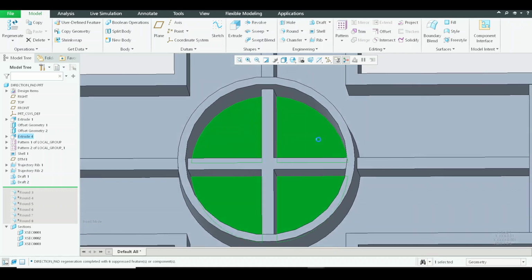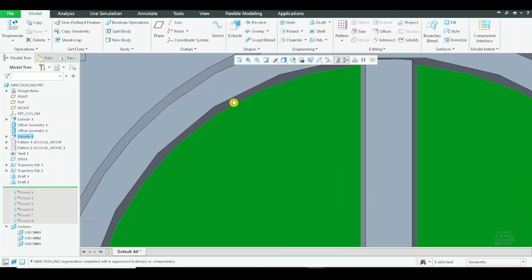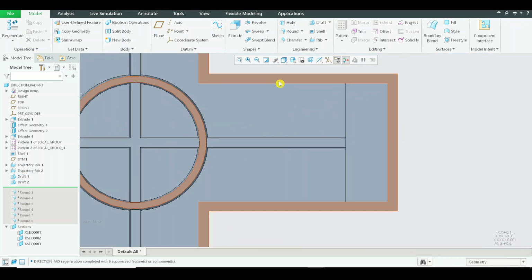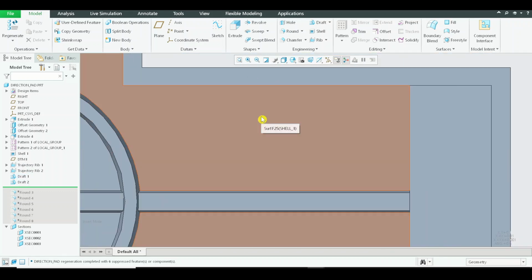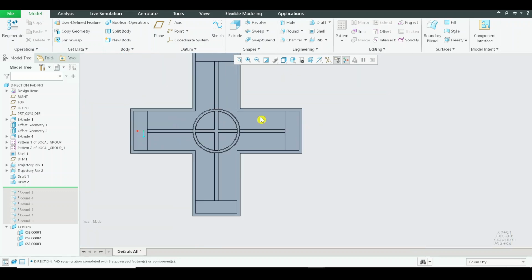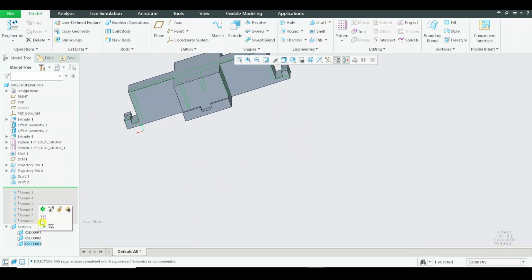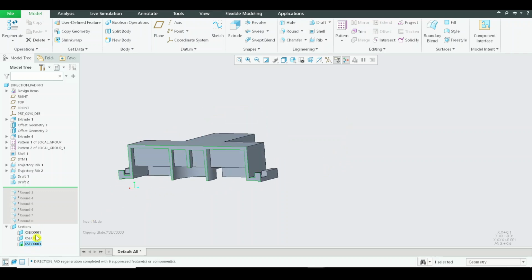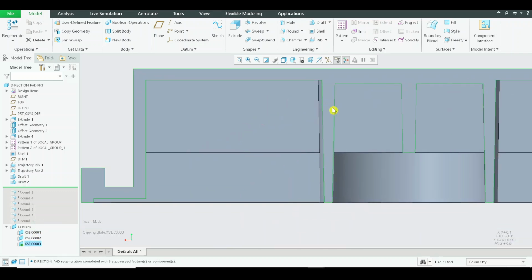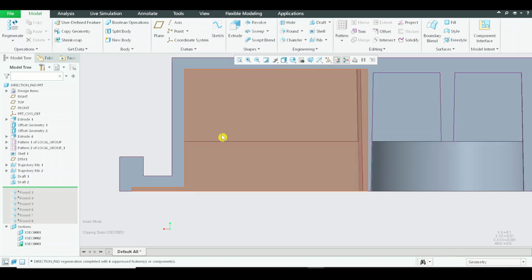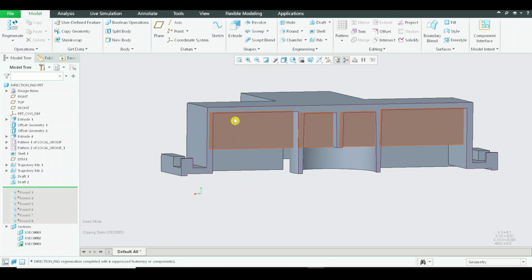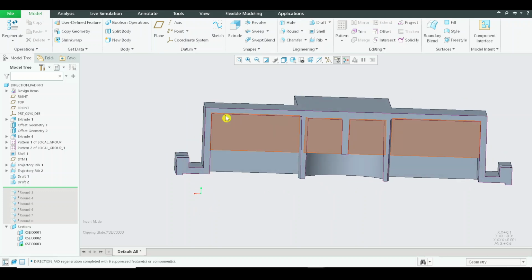Now align to normal view. Now you can see, I can see the inner wall, I can see the outer wall from the top view. Can I see these walls? No, these are straight. That means if these are straight, when it is pulled upward, it will be having an issue. Right now, if I'm just aligning it to normal view, you can see that this is a drafted version. These are the walls. Walls are drafted right now, so it is easy to pull out. And we also have to add drafts for the outer walls. Remember that thing. Okay, the complete part should be drafted, and we will also be checking the draft analysis tool,